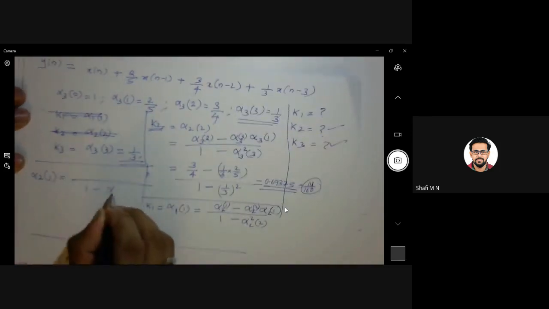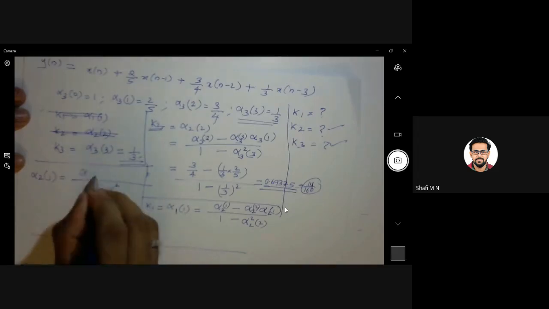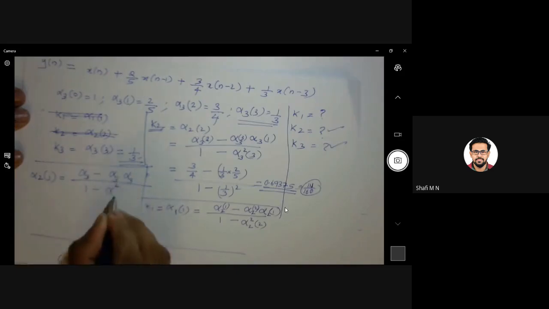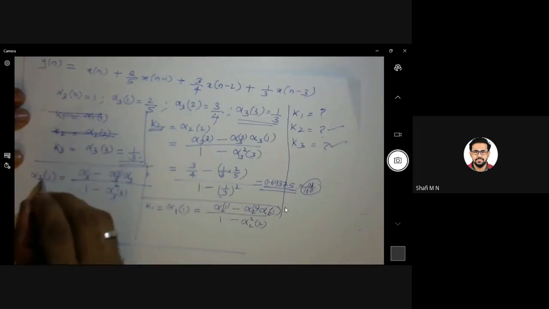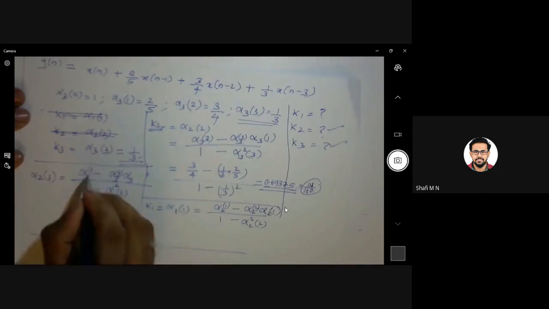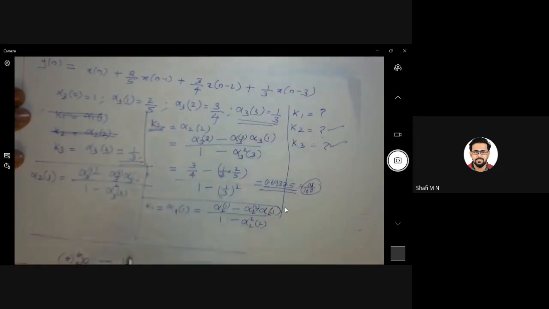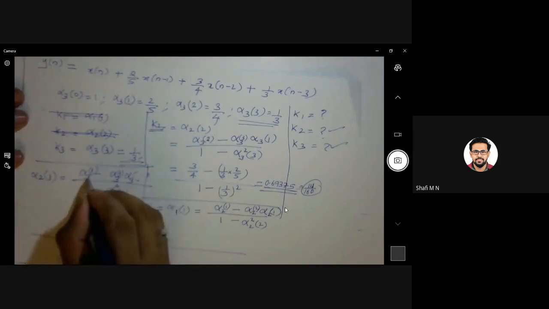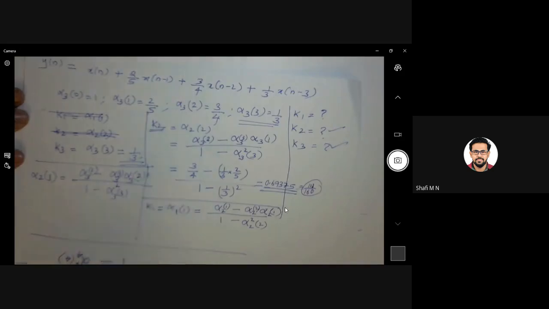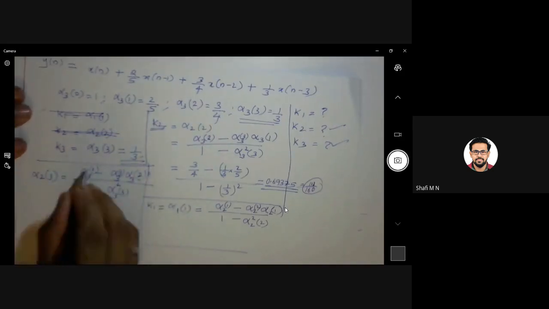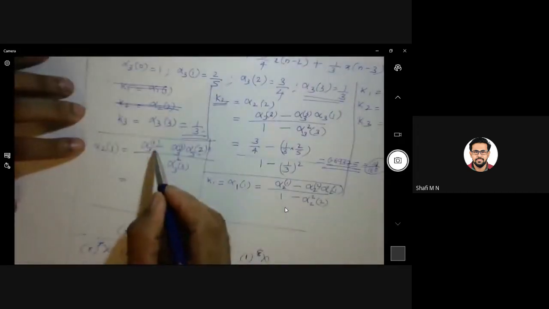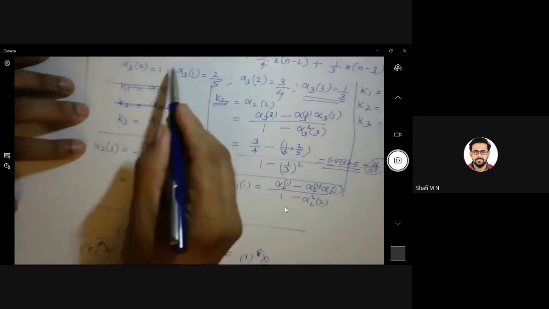1 minus alpha square. Alpha minus alpha into alpha. The 2 ആണ്. So let me substitute 3 as the base. It's 3 of 3. k is 1. So alpha 3 of 1 minus. And this is 2 minus 1, right? അല്ല, ഇവിടെ അല്ലേ നോക്കണ്ടേ? m minus k അല്ലേ? 3 minus 1, this is 2. ഇത് നമുക്ക് എല്ലാം അറിയാവുന്നതാണ്. 3ലെ ടേംസിലുള്ള എല്ലാ വാല്യൂസും അറിയാം. alpha 3 of 1. What is alpha 3 of 1? Can look over here. 2 by 5